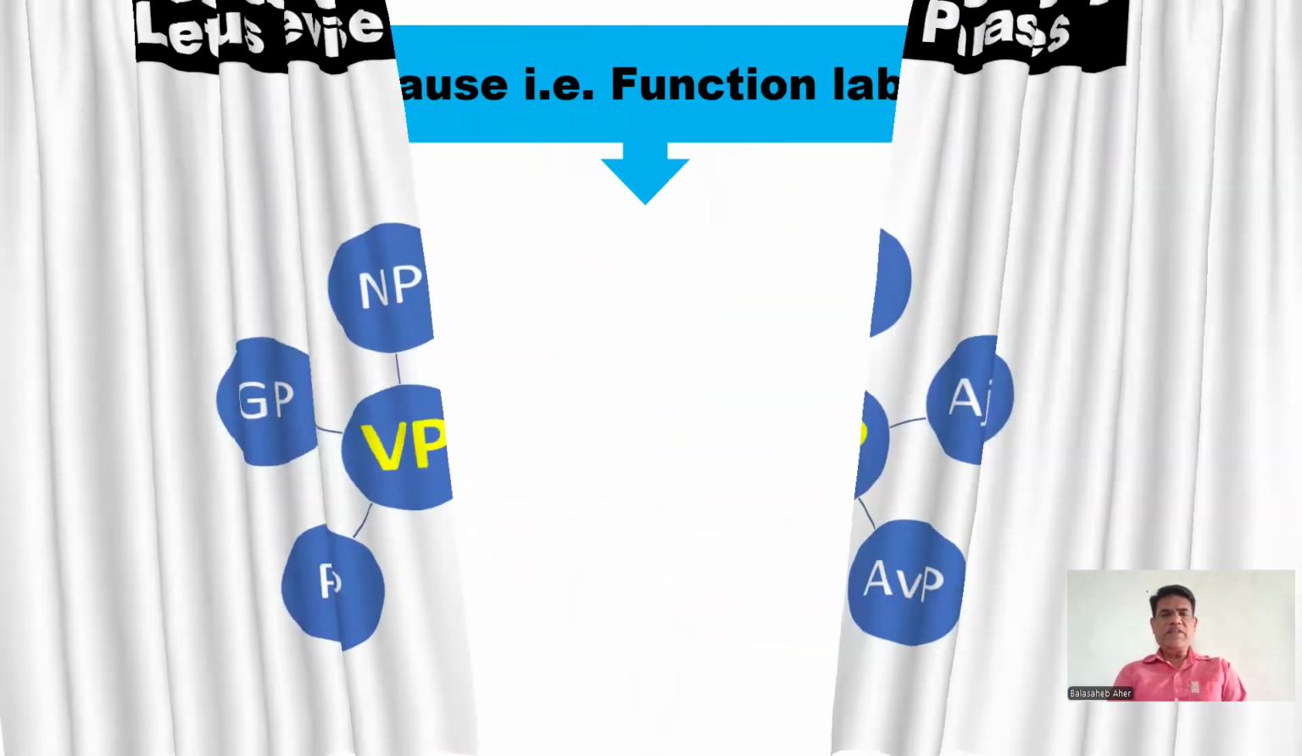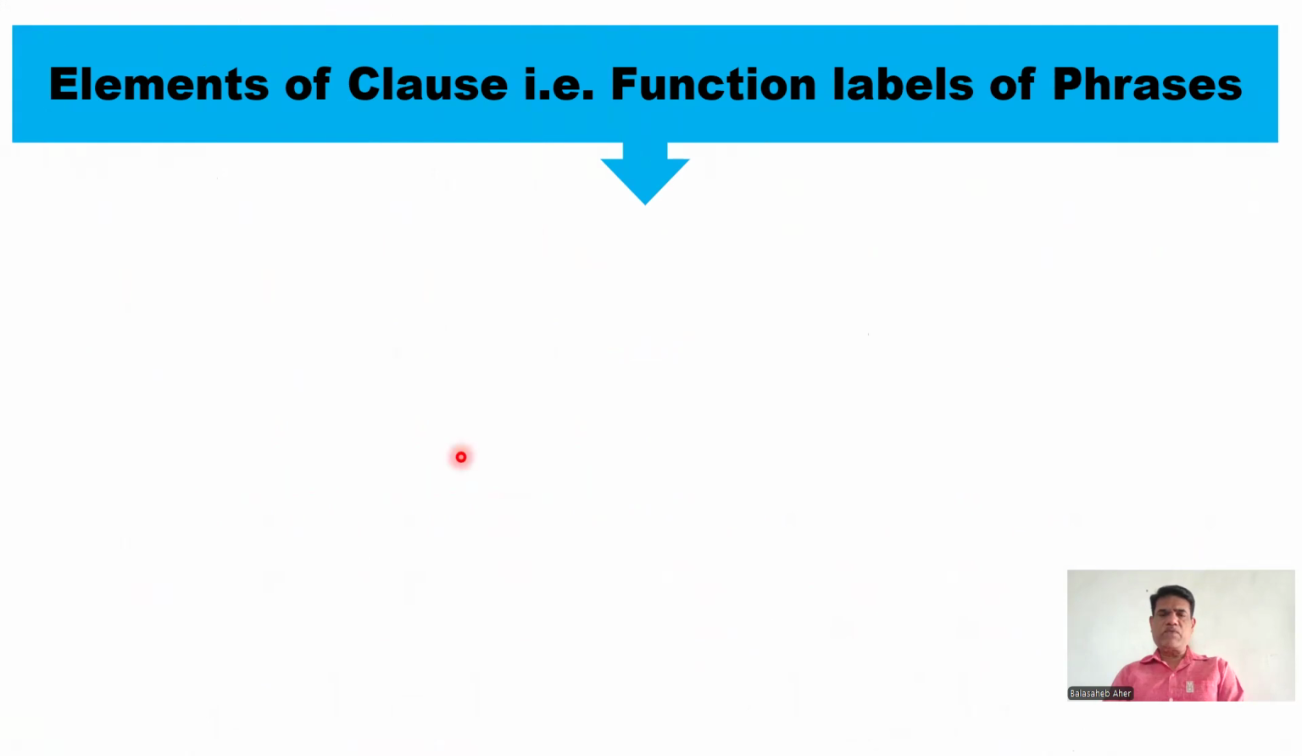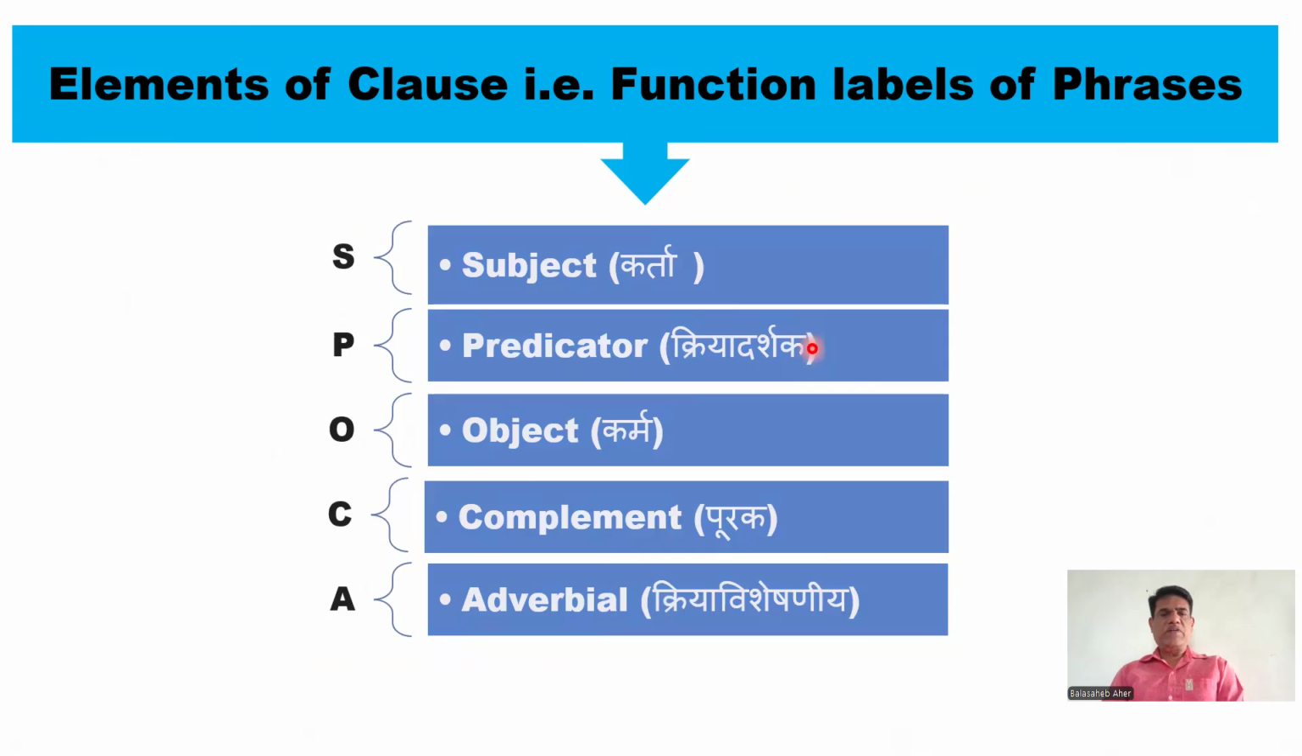Now, let us see the elements of clauses, because we also need them, as we have to give the function labels to the phrases, and these function labels depend upon these elements, and they are SPOCA. SPOCA is nothing but the acronym. S stands for subject, P stands for predicate, then O stands for object, C stands for complement, and A